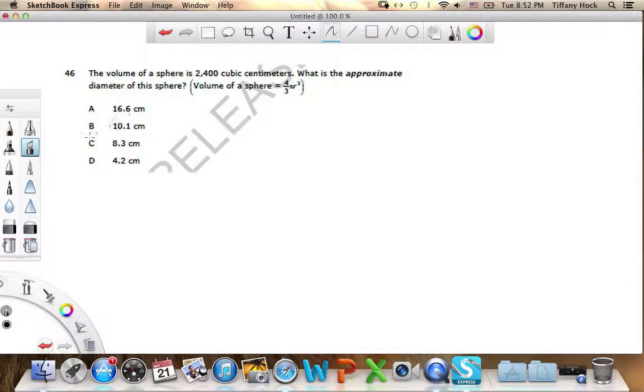Question 46 says the volume of a sphere is 2,400 cubic centimeters. What is the approximate diameter of this sphere? Alright, so if we have a sphere, the volume of the sphere is given by the equation 4/3